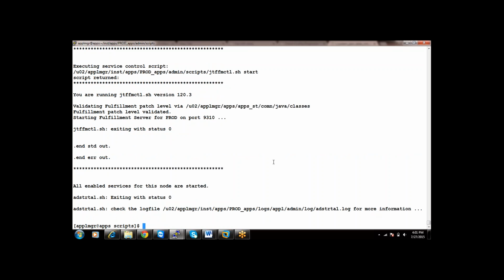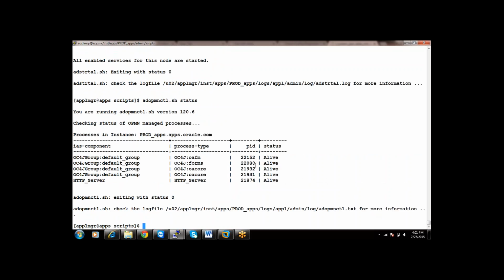Applications have started: AD, OPM and CTL. How many OA cores are you seeing over here? You are seeing 2 OA cores, right? Is it clear? How did the two OA cores come? Because we specified the total number of JVM values in the context file as 2 and we ran autoconfig. It made the necessary changes in the necessary configuration files.